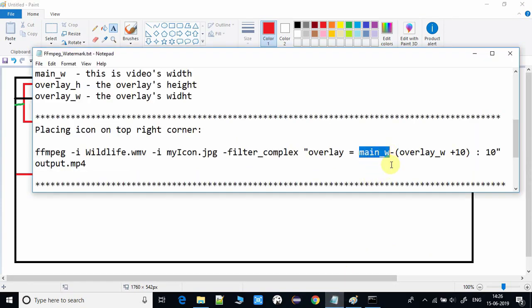Okay, so in the command we are using main underscore W, and we are subtracting the position, that means overlay width, that means what is the image width. Okay, so this will return you the image width plus 10.